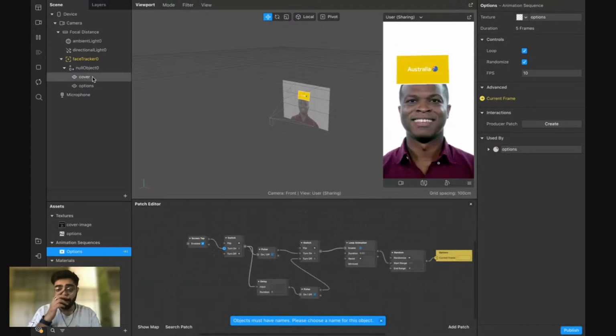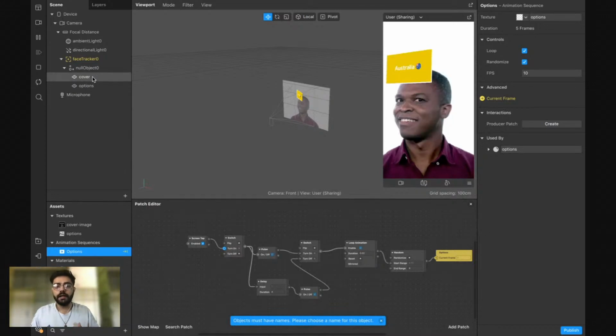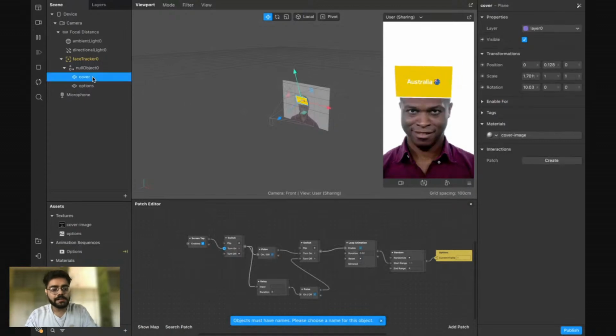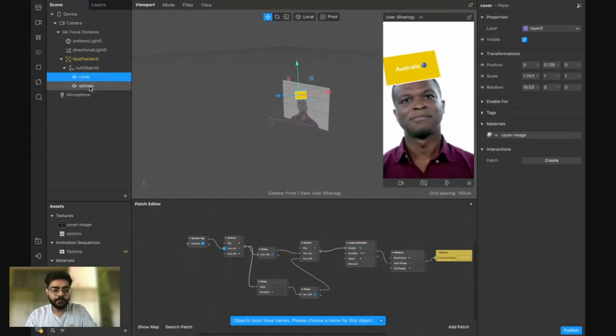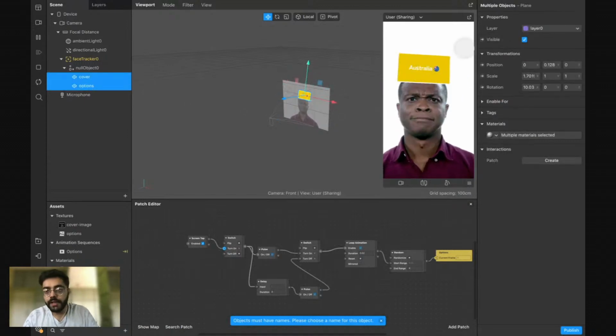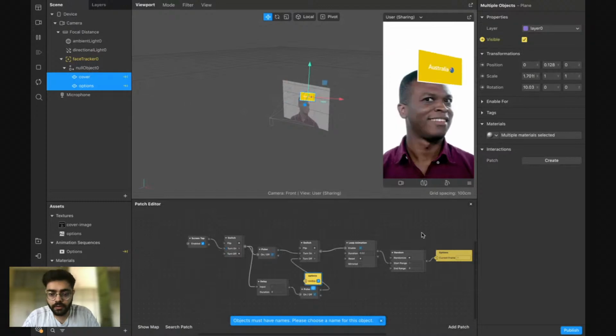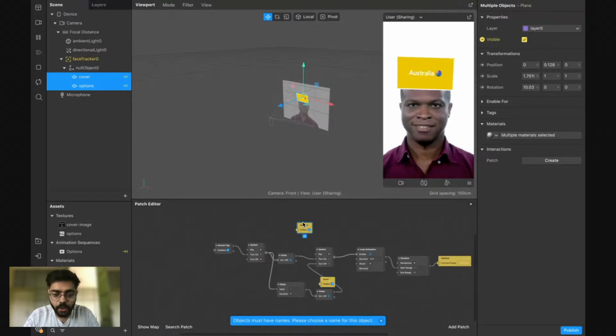Now, when I want to start the filter, I want to just show the cover and not these options. So in that case, what I'll do is I'll select both, and you can see visibility, right? You can see visible. This patch is for visible. I can create a visible patch. I'll click on this options, and